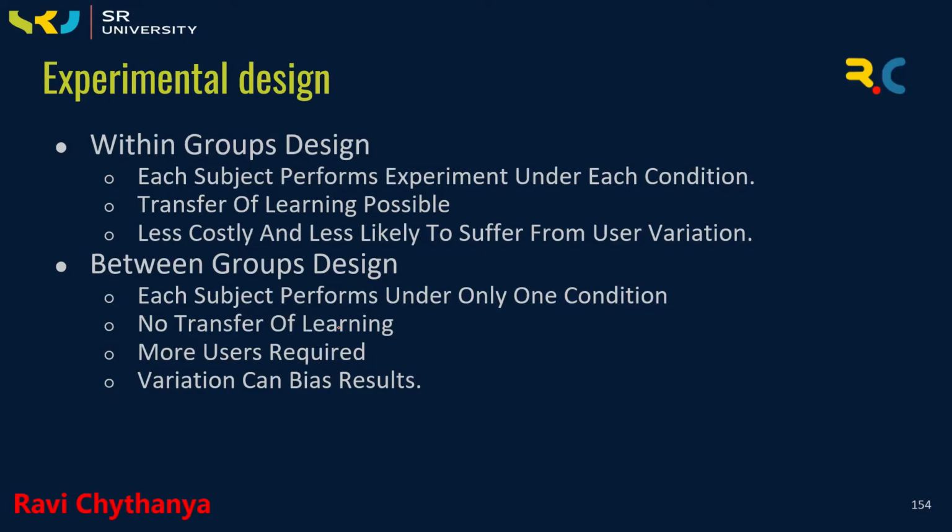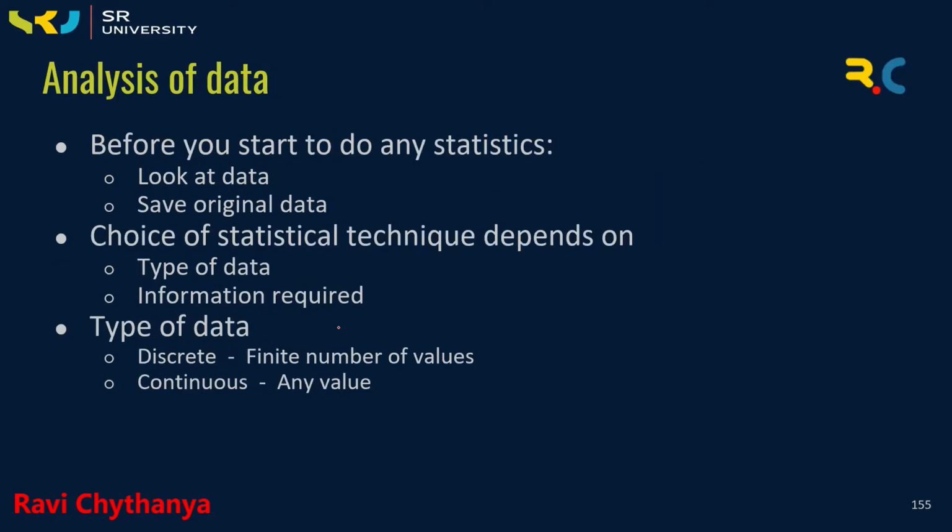And between groups design: each subject performs under only one condition, with no transfer of learning, but more users are required, and variation can bias the results. Okay, and for the analysis of the data, before you start to do any statistics, you need to look at the data and save the original data and work on a copy. Otherwise, the original data will be replaced by the modifications,